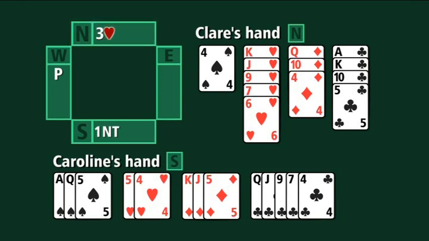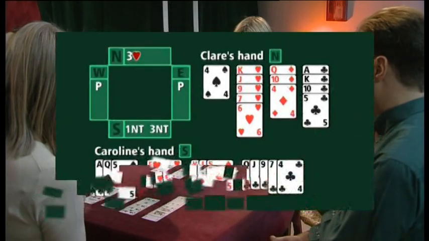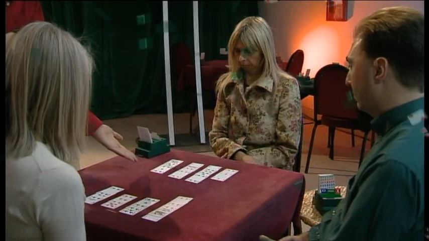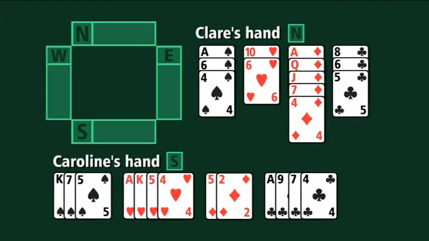to 3 hearts. Now, if Caroline had had 3 or more hearts in her hand, she would have said 4 hearts. But because she's only got 2 of them, she knows that they don't have a fit in hearts, and therefore the game they should play is 3 no trumps. Now let's have a look at a final pair of hands, and Caroline